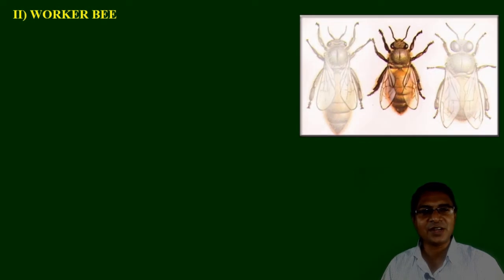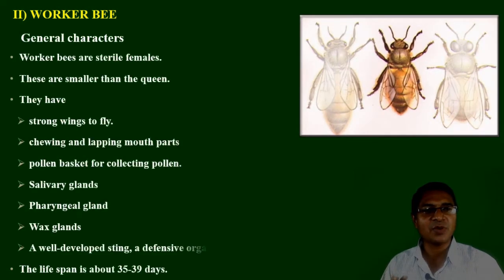The next is the worker bee. The worker bee is the smallest bee among the castes. It is a sterile female, as already explained. They have a number of structural adaptations. They have strong wings to fly during foraging or the collection of the food materials. Chewing and lapping mouthparts are well developed for feeding purposes, as well as the collection of the nectar,